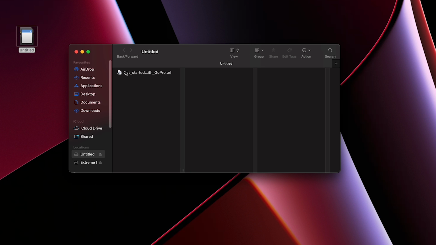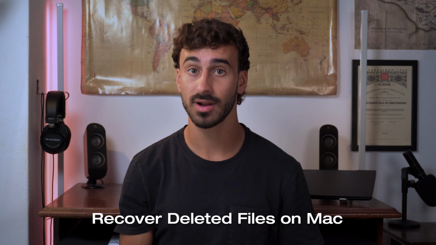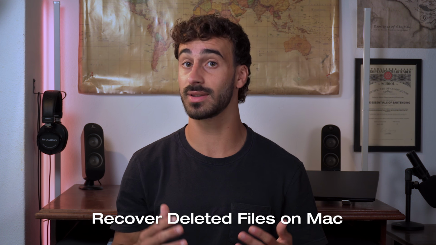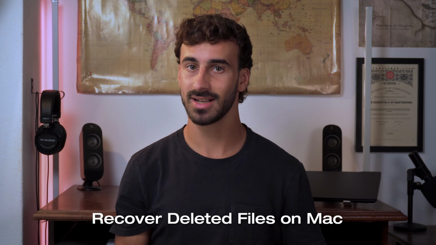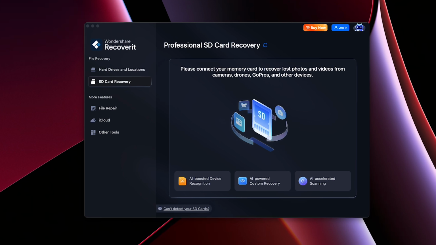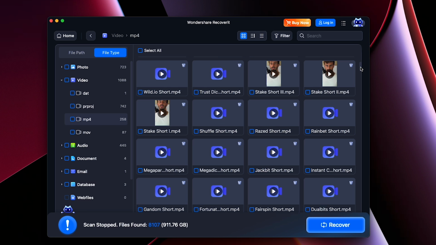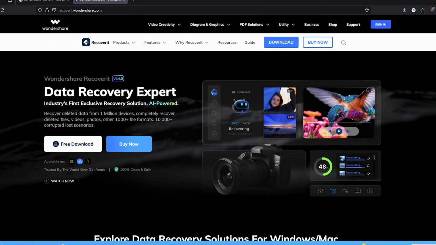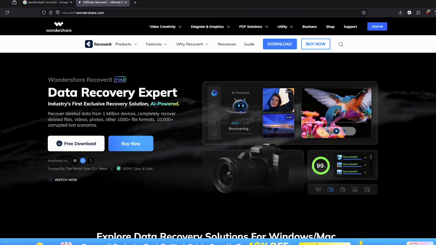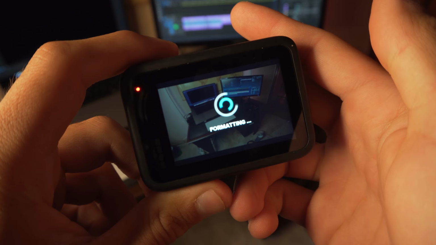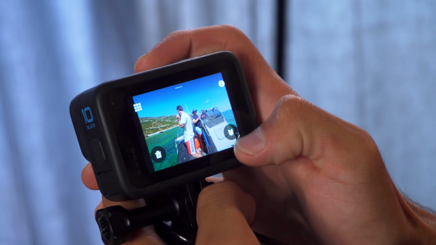If you've ever accidentally deleted photos or videos from an SD card on Mac, or that SD card is now showing completely empty, then you're in the right place, because I'm about to show you how you can recover those deleted photos and videos from that SD card on Mac. Step by step, and all while using a process that is actually surprisingly simple. You never want to use any other tool besides this one. And yes, this also works if you formatted the SD card by mistake, or that it's simply showing a raw